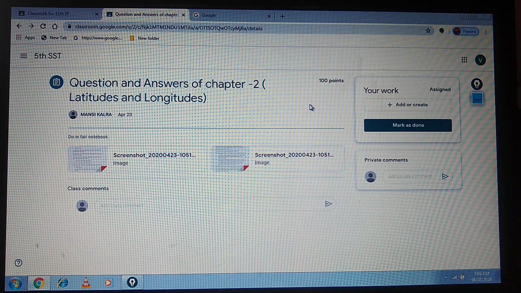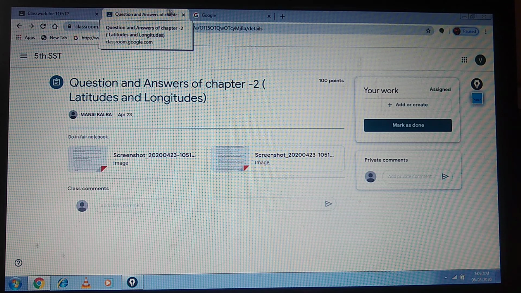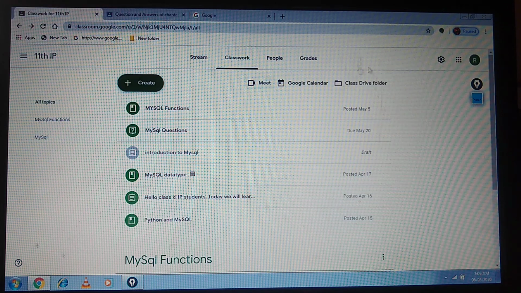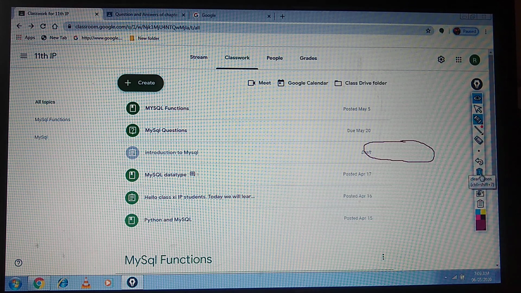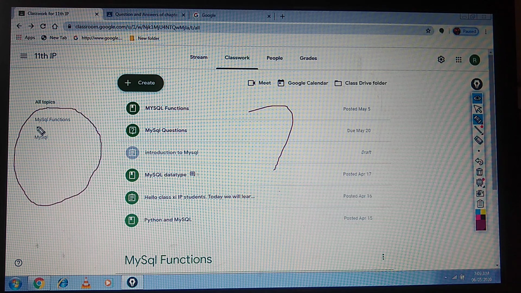So this you have to tell the students: how to send the task to you, how to send the work that they have done, or how to show the work that they have done to you. I hope this is clear to you. So what you have to do, the teachers have to create the content topic wise. All the content should be topic wise. It shouldn't be randomly placed. It should be arranged properly in a topic, so that students find it very easy to go through the topics and correlate the content to a particular topic.